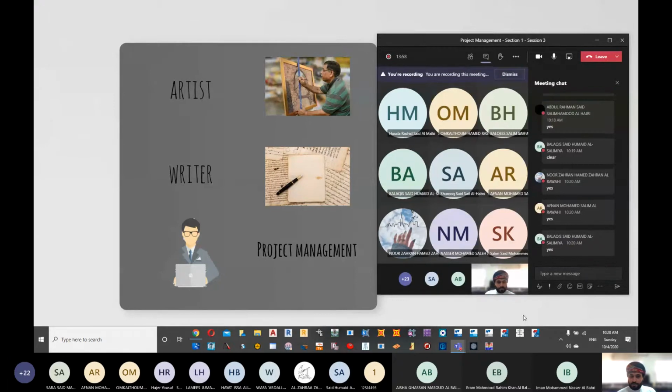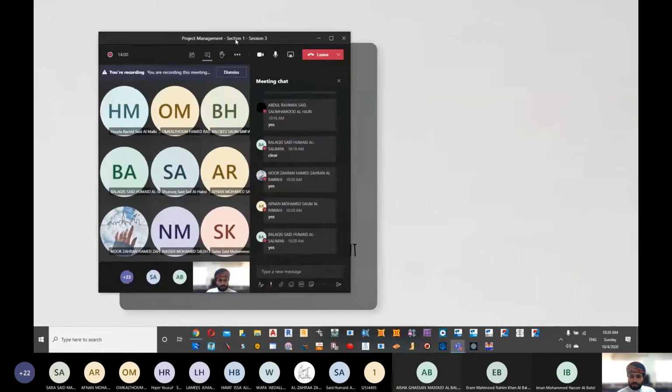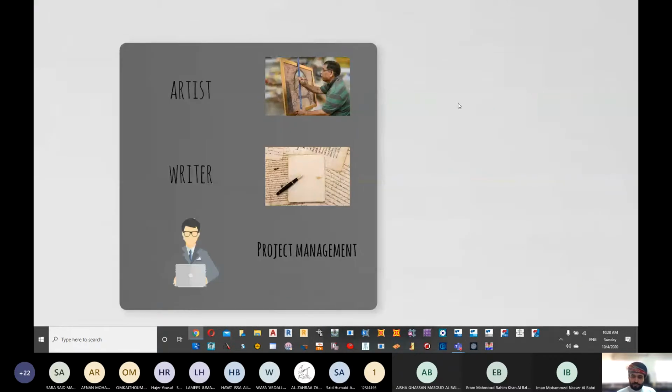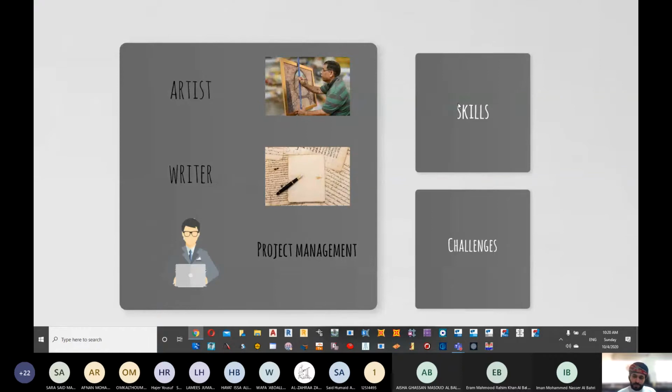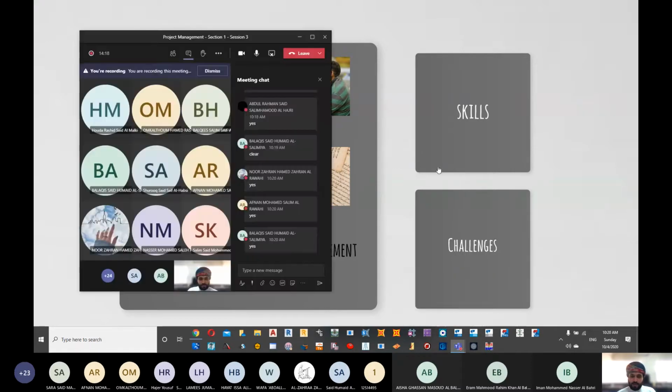Now, when it comes to the project manager, we have different things to be taken into account. We have the skills he should have as a project manager, and then the challenges as well, what challenges he might be facing. Now, before talking about the challenges and skills,